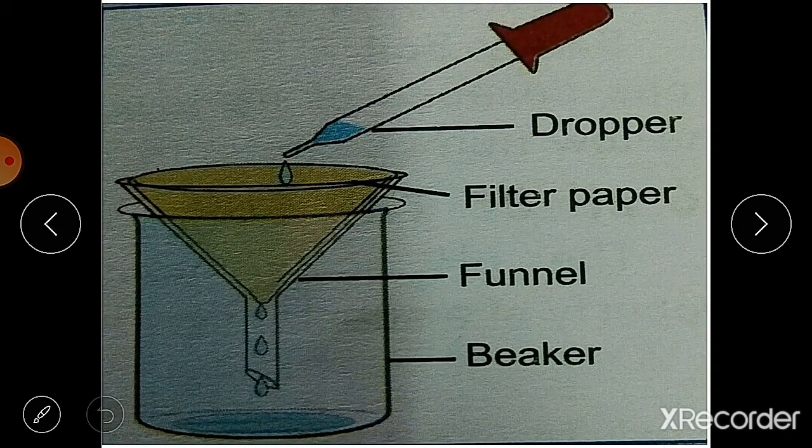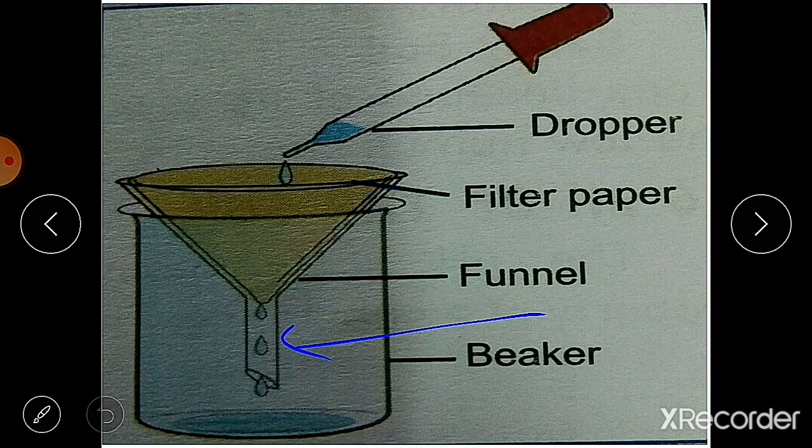Then, as I have told you before, we will see one activity to find out the percentage of water absorbed by the soil. Okay, for this activity you will need a sample of soil. Any soil you can take from a garden also. Then you will need some water, a beaker, one funnel, the filter paper, and one measuring cylinder.